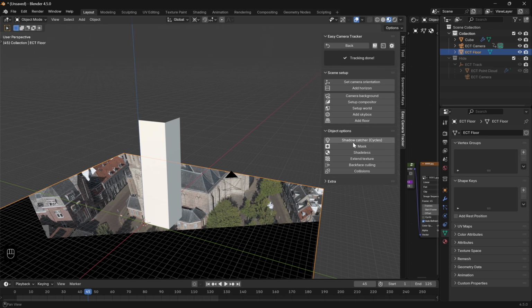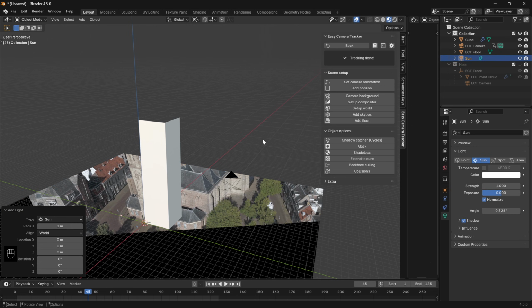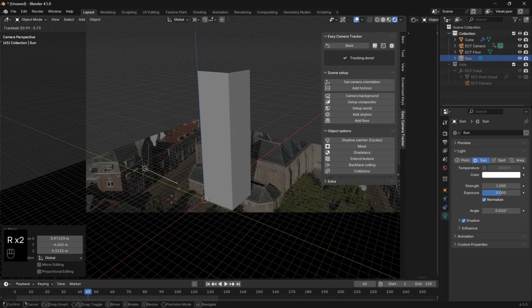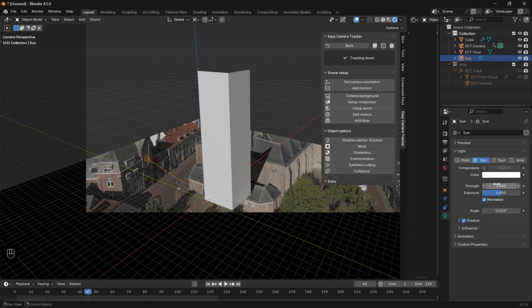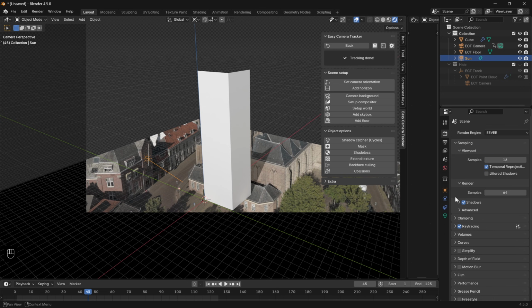Because I want to show you a few of these buttons. Let's add a sun and go to the camera view and go to rendered view. Now let's rotate the sun to match our footage and make sure we enable Cycles or ray tracing for Eevee. Let's increase the brightness of the sun and maybe also the brightness of the world. Now when using ray tracing in Eevee or Cycles,